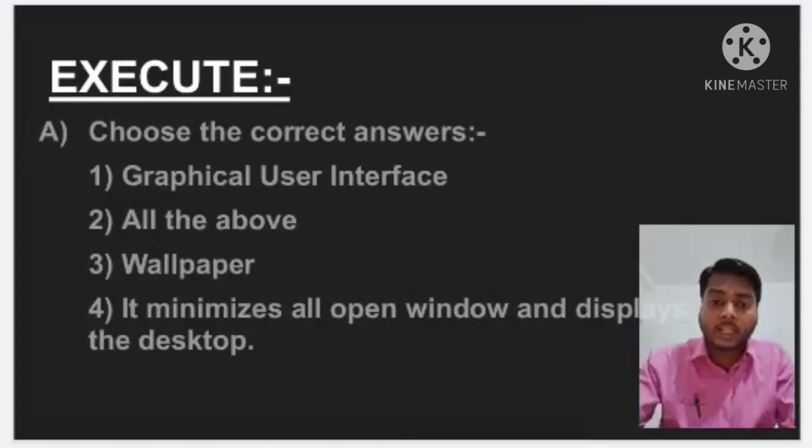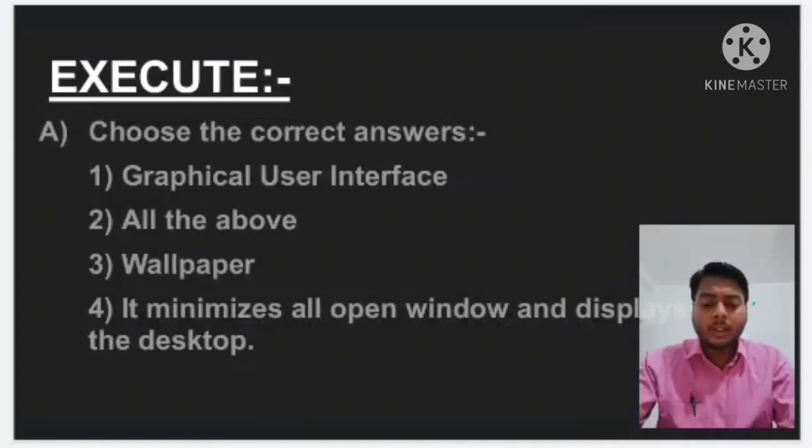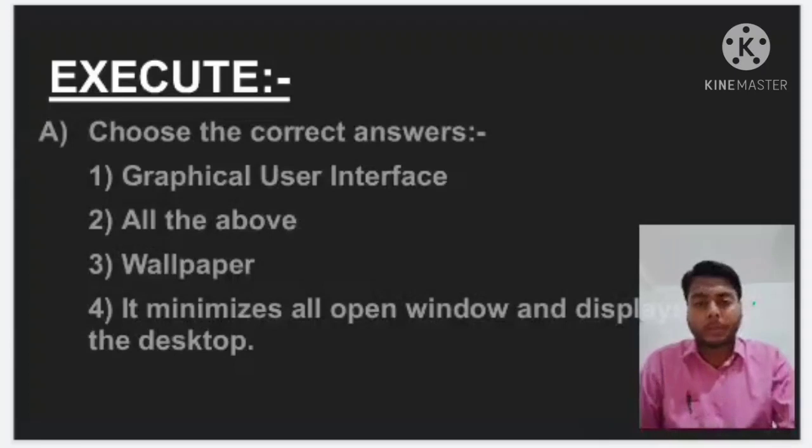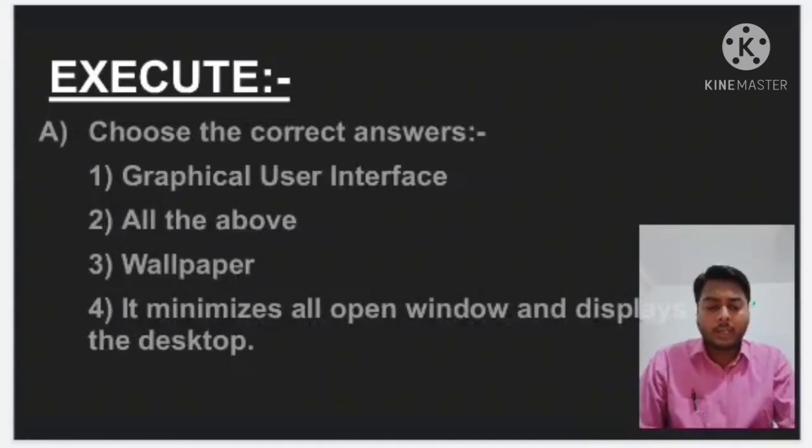Yes, this is the correct answer. This is the function of the peek button. I hope you have no doubt in this part.